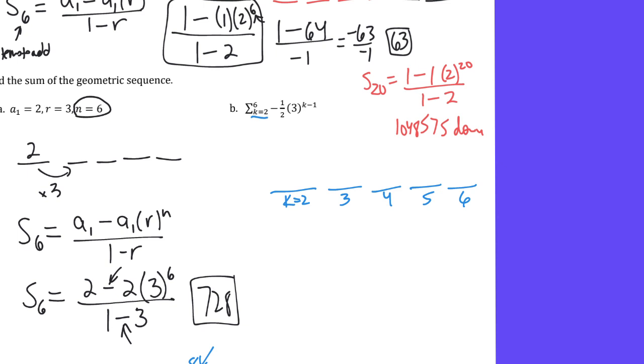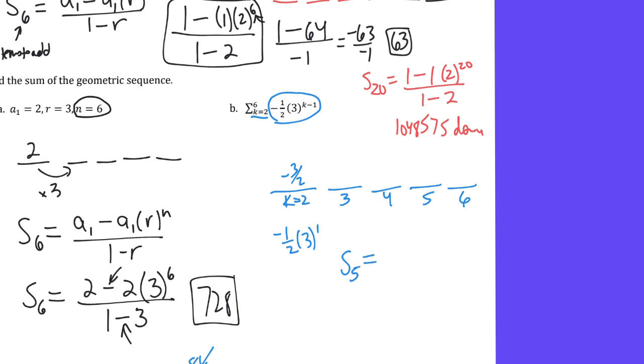If you plug in k is 2 to this problem right here, we can get the value of the first term. You do negative a half, and you times it by 3 to the 2 minus 1, or 1. And so a half times that is negative 3 halves. So that's the value of the first term. And so we got enough information to actually do this. If we want to find the sum, how many terms are we going to actually find the sum of? Terms 2, 3, 4, 5, and 6. That's 5 terms. So the sum of the 5 terms of the sequence are going to equal